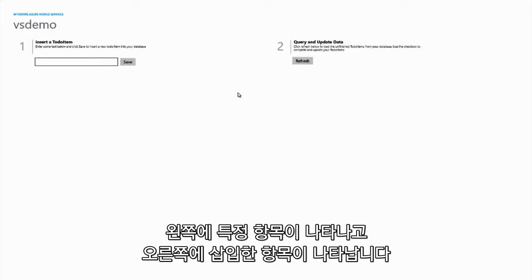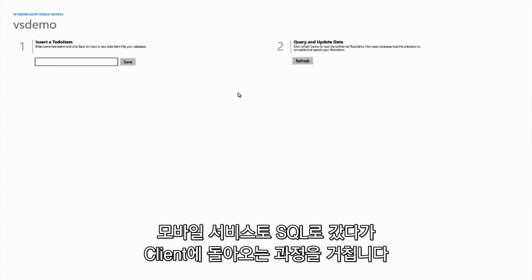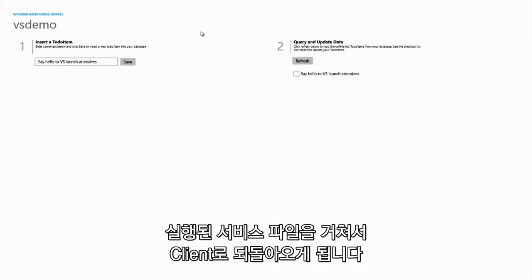application. And on the left, we get to insert an item. And on the right, the item that we've just inserted will appear once it's made the round trip from the client through mobile services into SQL and back to the client. So let's see just how quickly that happens. Say hello to VS. Launch. Attendees. Let's save that. And you can see that's already gone through, launched, fired up the service, and come back